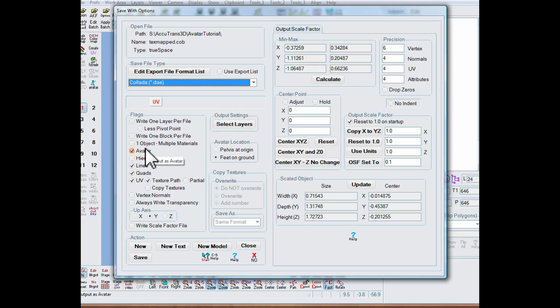Now for textures to be output, we have to have UV selected, and by default texture path is on, which means the full texture path would be saved to the file. And if we clicked on partial, then only a relative texture path would be written out. Now we don't have to do either of those two. For this exercise I'm going to copy textures, and so no texture path at all will be written to the file, just the file name. And to the file where I save the mesh, the textures will be sent out,